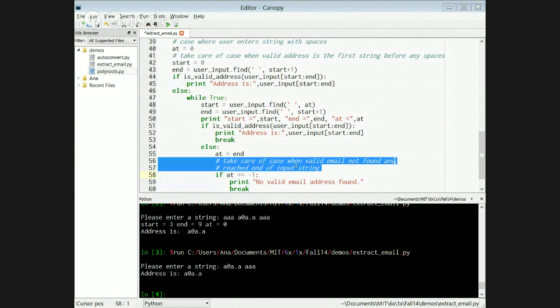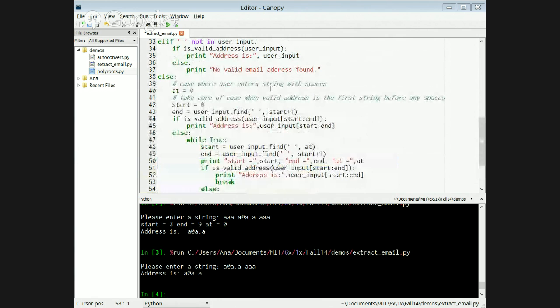So it's this part where I had to take care of the special case where the email address was at the end, and the case where the email address was at the beginning. The rest was pretty straightforward, which was also in my general outline. So the general outline is something I could reproduce, but this debugging is the more time-consuming aspect of it. Now that I've finished writing the program and I've tested it sufficiently with multiple test cases and all these edge cases, I can go back and add more detailed comments just to remind myself in the future